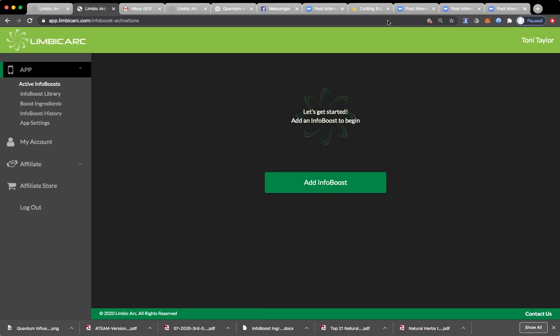And this is the page that you start on, which was, if you didn't get to this page, you can find it under Active Info Boost over here to the top left-hand side, but this is how you would start. So first thing you would like to do is click on Add an Info Boost,